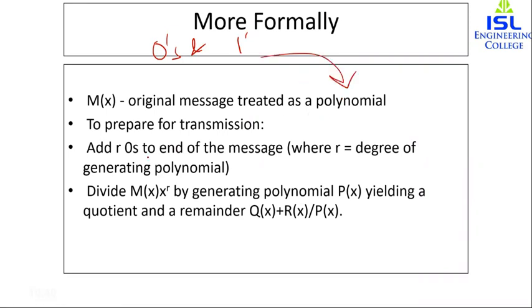Now, to prepare for this transmission, the power of each term shows the position of the bit, and the coefficient shows the value of the bit. So first and foremost, we will see an example for the same. Over here, suppose we have a code word or a CRC as 1000, so 4 zeros and then 11. Now it shows it is the binary pattern.